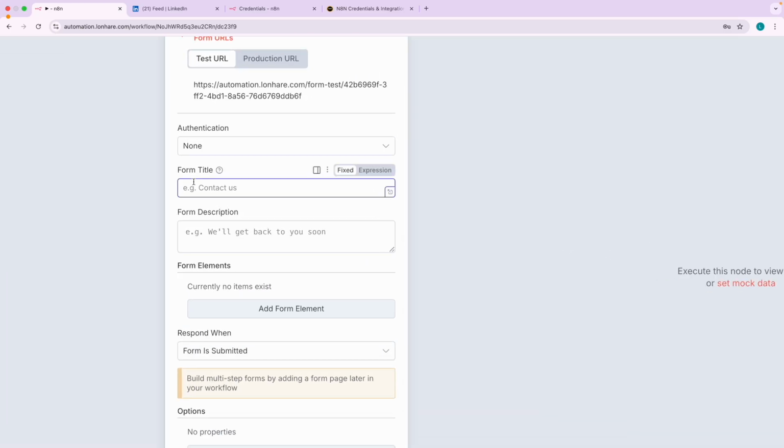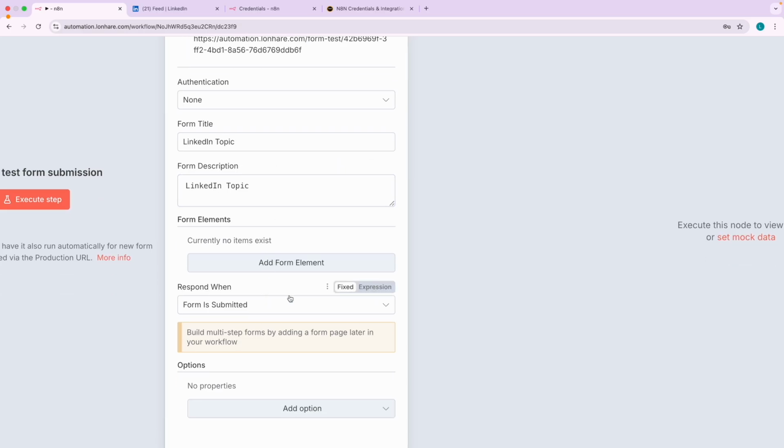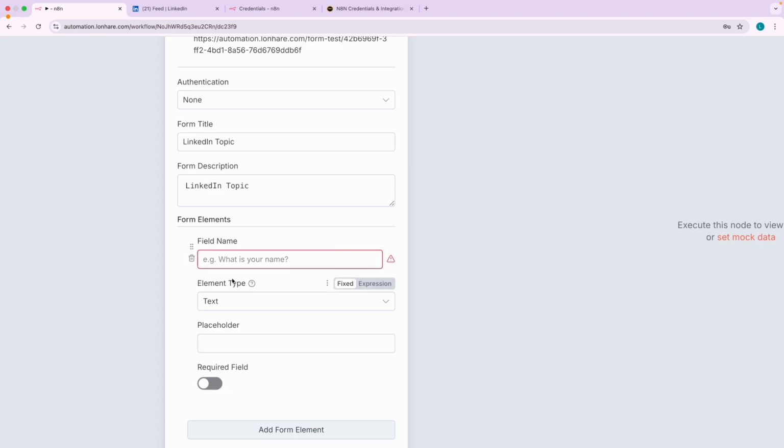So for example, let's say the form title, I can ask LinkedIn topic, and that is what the form description, LinkedIn topic. And in the elements you can click on add form element. In the field name you can just write what you want the users to see. So let's say I want users to write, enter topic for LinkedIn